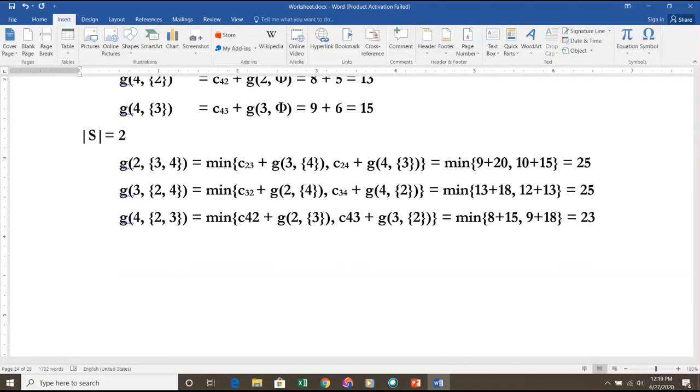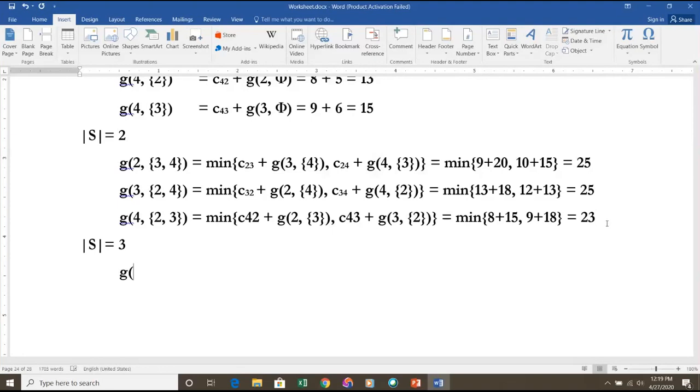Now you should take S is equal to 3. You have to go on increasing the value of this S. Now S is equal to 3 means it is equal to n minus 1. When it becomes equal to n minus 1, now we should consider I as the starting vertex 1. Now S can have 3 vertices. If I take 1 here, which are the 3 vertices remaining in the set? It is 2, 3 and 4. There are no other options.